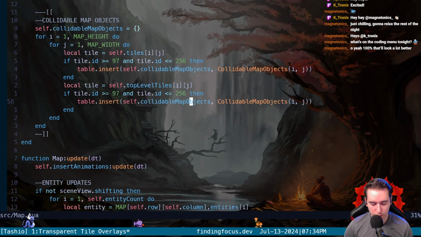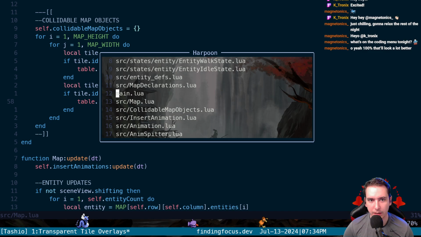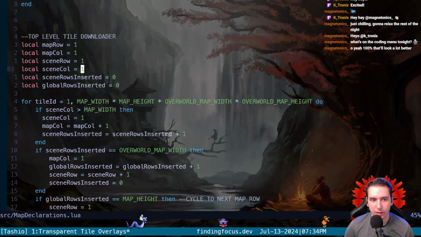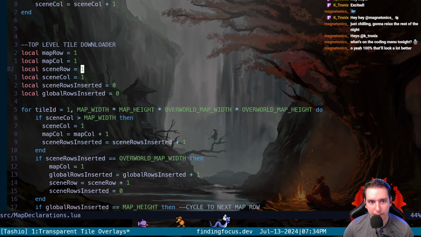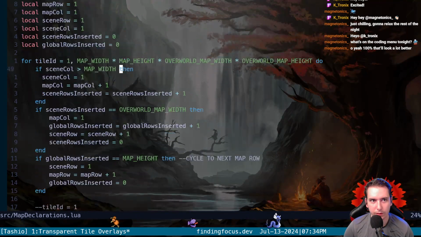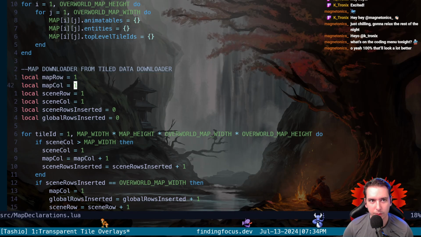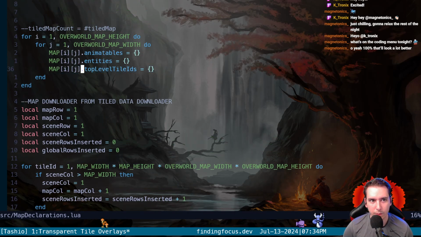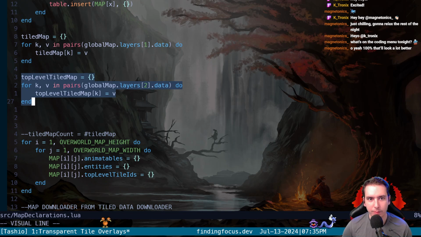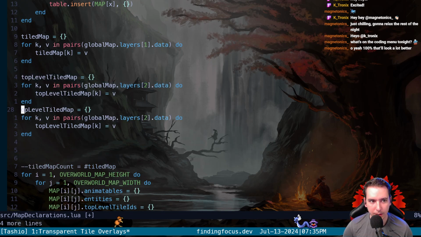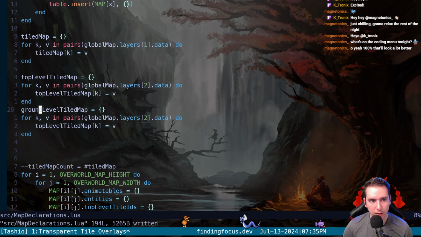So let's try to go back to our map declarations, and I think we want to add another layer. I think we want to add this, what can we call it? Ground level versus above ground level and then top level. Maybe something like that. So if we look, this is the ground level, right? We're saving a top level tile. So we would need to make a ground level tile, and we would extract it from another layer in Tiled. So we would come here and say this is a ground level tiled map,